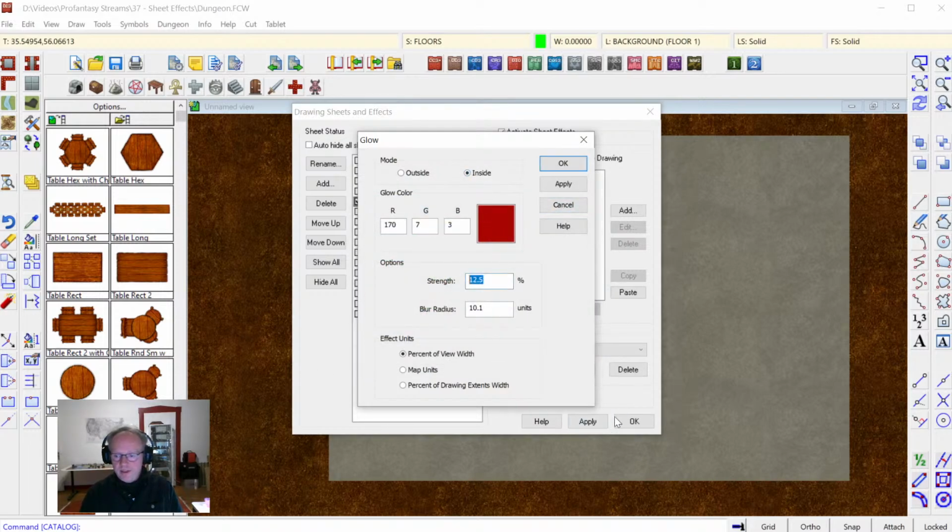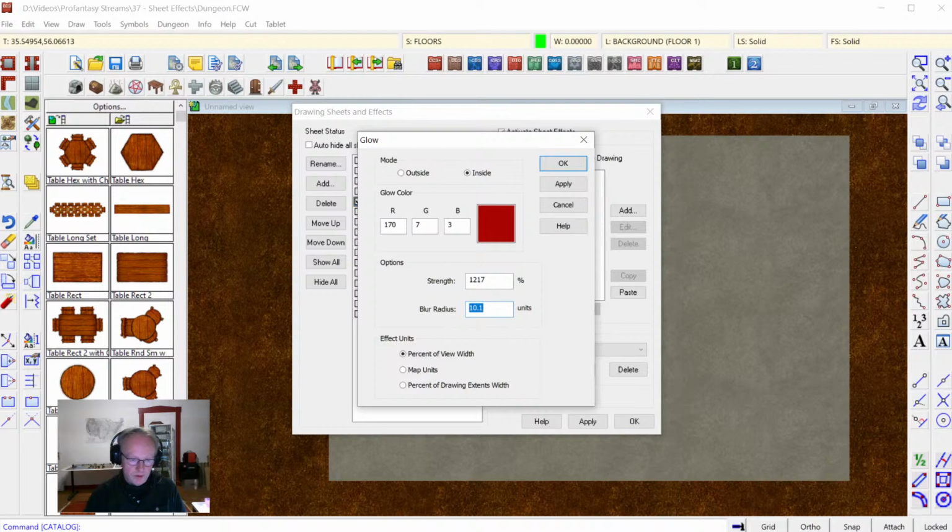The strength is an absolute, it's just an indicator of how large and strong our glow is, and it's actually in eighths of 100%, so each step is 12.5%,